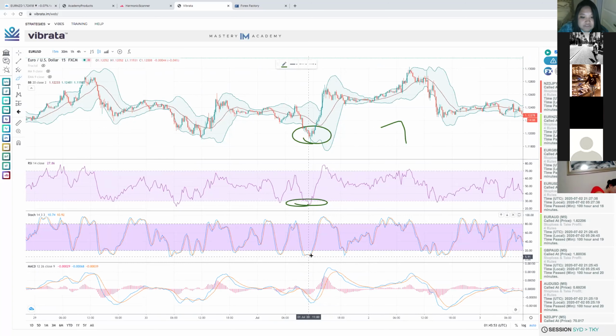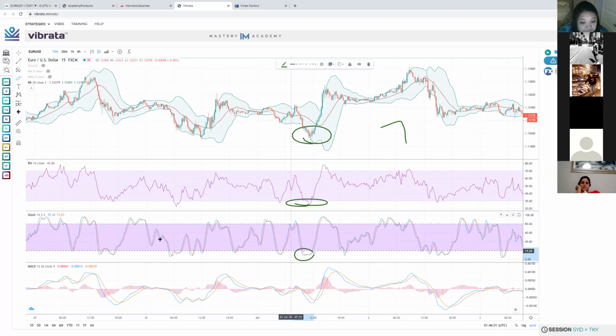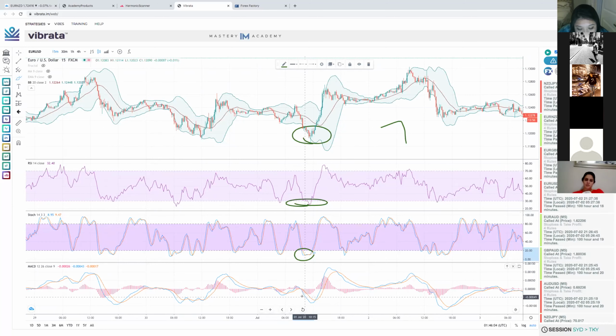right? And then we have the stochastic, the blue line touching the orange or red line, and it has to be out of the zone. And we have right here the MACD, right? Going towards the orange line and the histogram being smaller than the previous one. That is a clear signal on the 15-minute time frame that there's going to be a shift of momentum. That shift of momentum can be a pullback of the market, so that's why we're scalping, or it can be a very long move. So for example, this right here, if you guys have already been on Kevin's